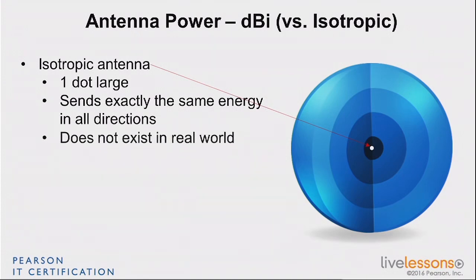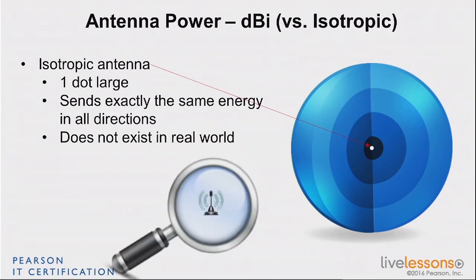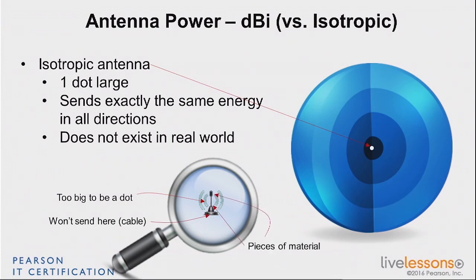Simply because you have to make that antenna out of some material and you have to bring energy into that antenna. So just by making the physical structure of the antenna, there will be some places where you will not be radiating the same way as others. You won't send energy where you feed the antenna, for example, and you may be sending more on some sides than others, just because of how it's made. So the isotropic antenna doesn't exist, but it doesn't matter, because what we want to do is compare things